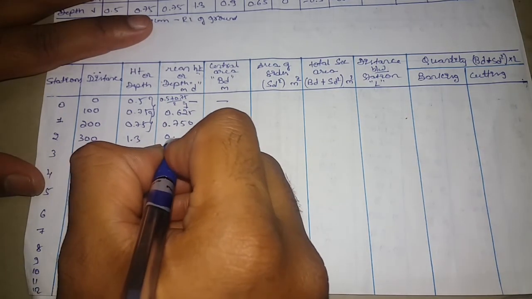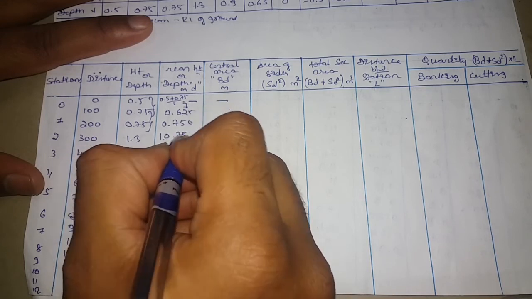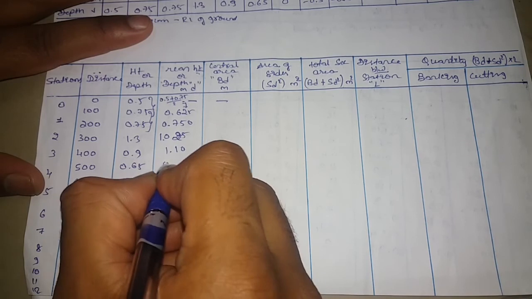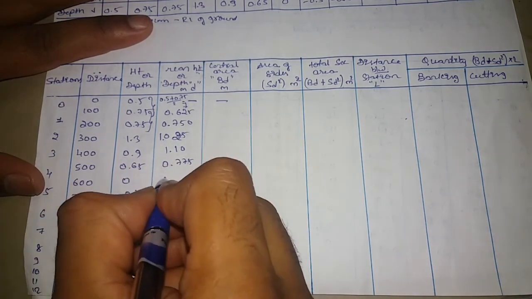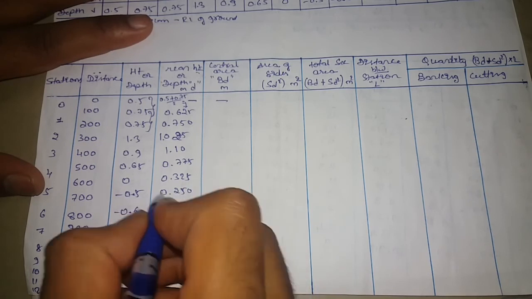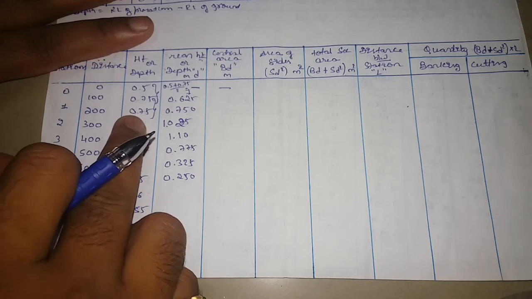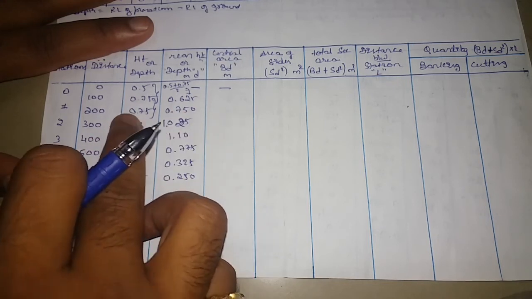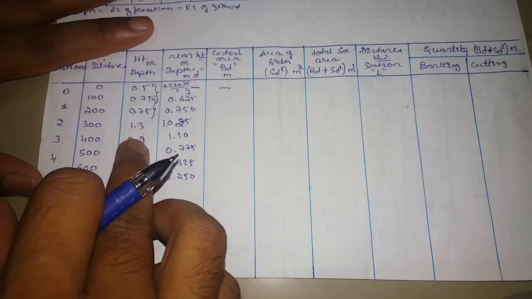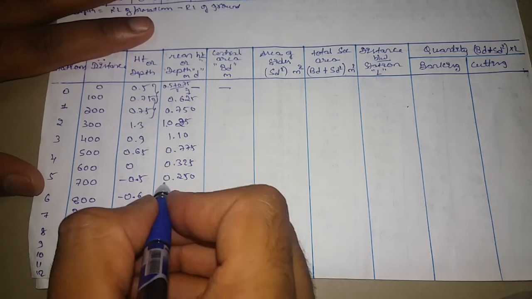So I've just noted down those values: 0.5, 0.75, this will be 1.025, 1.025, this is 1.10, 0.775, and this will be 0.325, this is 0.250. You need to calculate whatever mean value you're going to get. Now for 0.65, similarly 0.75 plus 0.75 divided by 2 you'll get 0.75, 0.75 plus 1.3 divided by 2 you'll get 1.035, 1.3 plus 1.9 divided by 2 you'll get 1.9. So similarly, if you go on calculating, you will find the mean values.